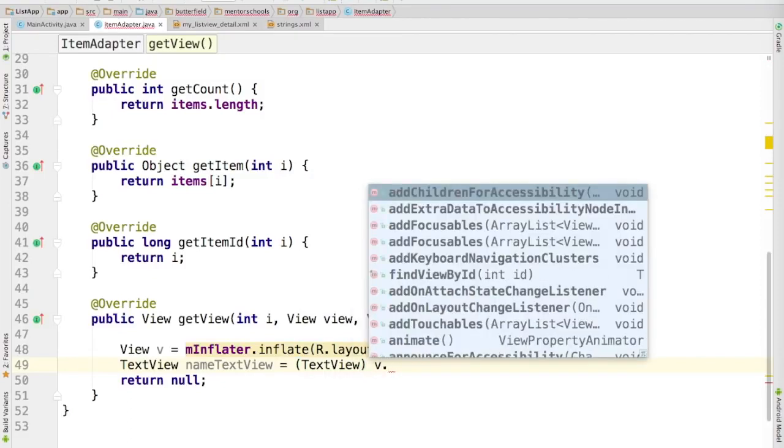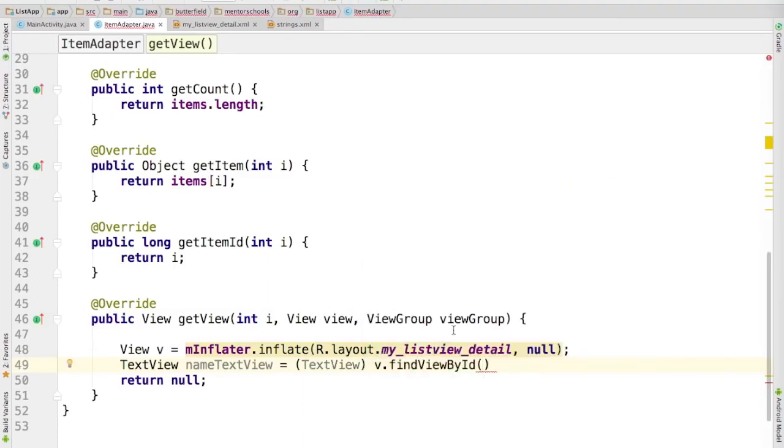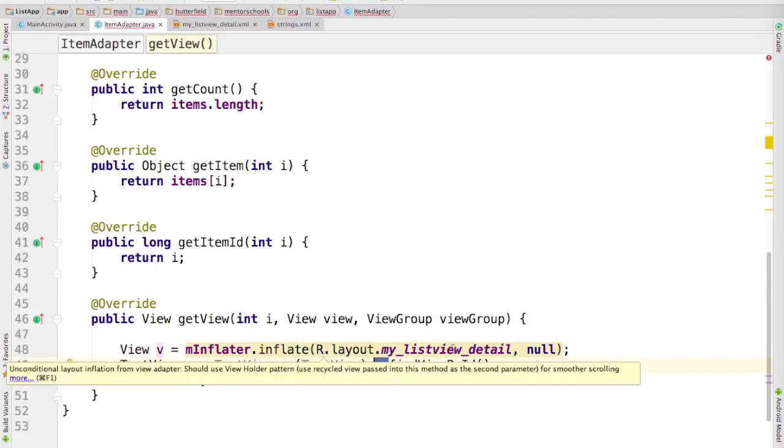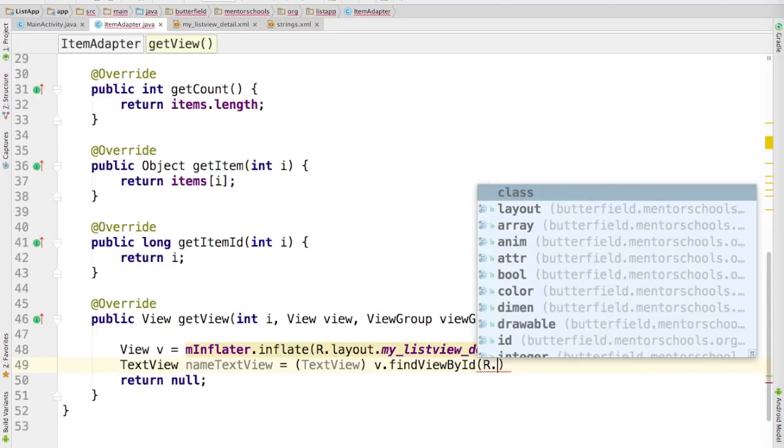You have to look within this current view for something. So this is making this a little bit different than what we've already done. We're looking within this particular view that we've inflated here for a control called, what did we call it? Name text view. Yeah,